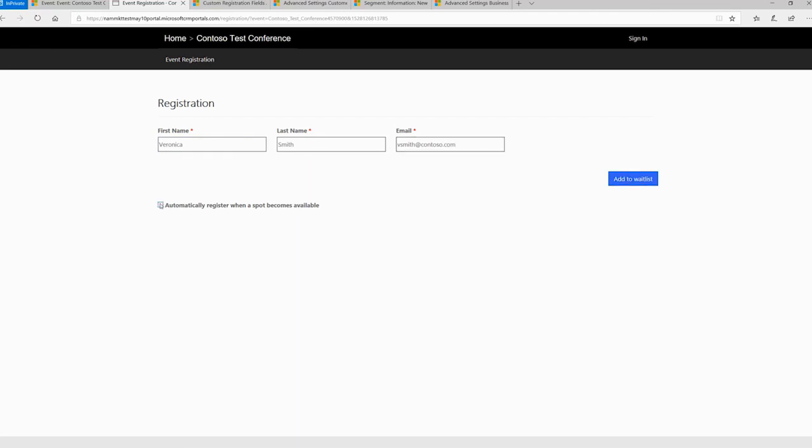This checkbox that you see over here, automatically register when a spot becomes available, would be removed from event management because essentially this checkbox would be available to the planners who can say if they want to automatically add the top registrations from the waitlist to the event registrations if the spot becomes available. A lot of event managers want to do this process manually. They do not want to automate this, while some event managers, especially for some larger events, would just want the